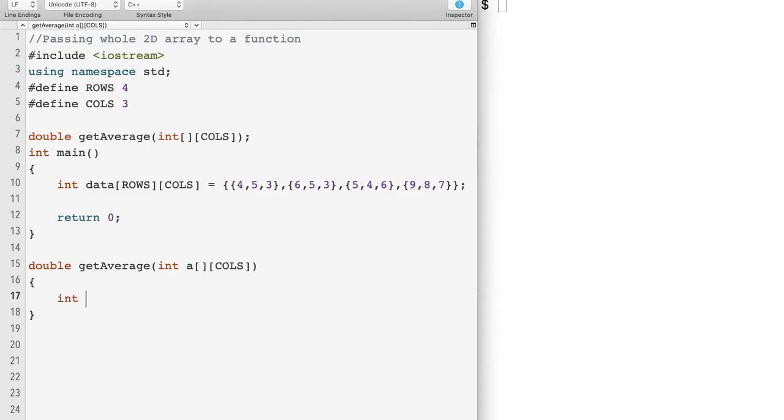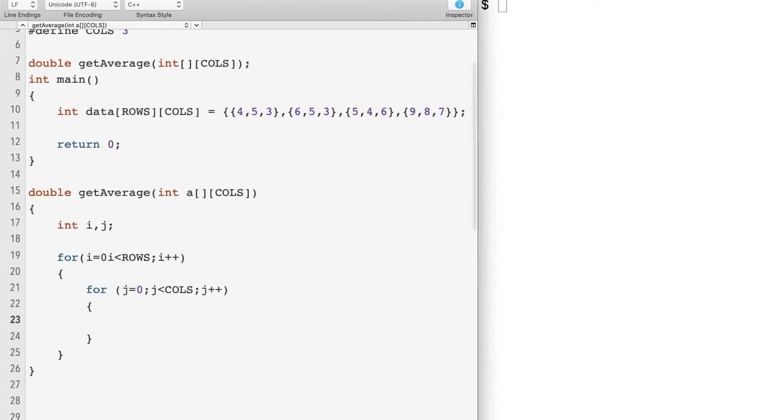We declare two variables i and j, and we use for loop: i equal to 0, i less than rows, i plus plus. For inner loop, j equal to 0, j less than columns, and j plus plus.